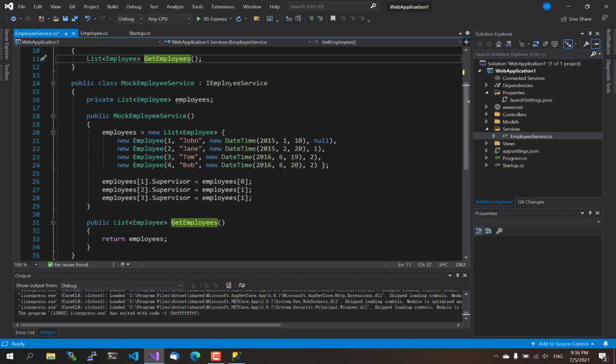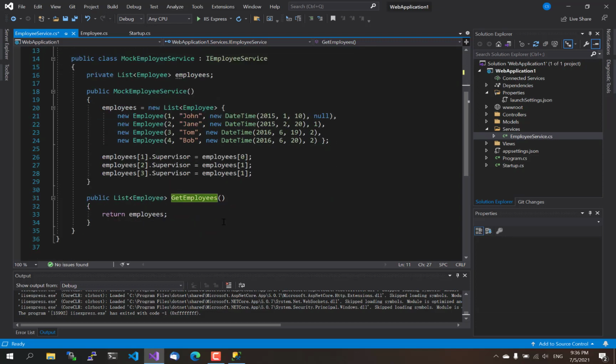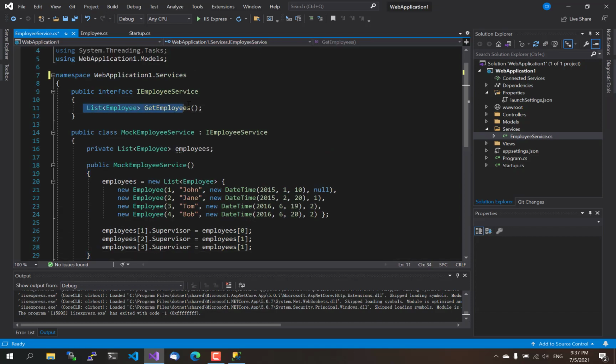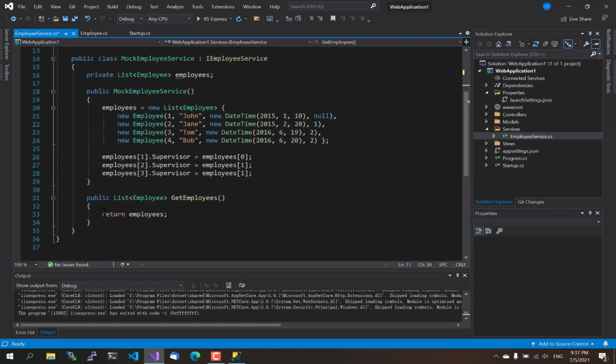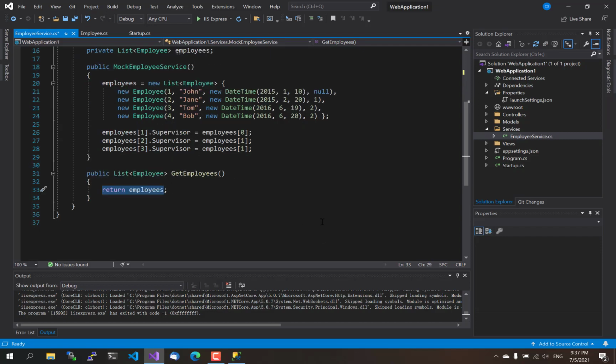And we have one implementation of this employee service interface, and this implementation uses an internal list, and we created 4 employee objects, John, Jane, Tom, and Bob, and put them in the list, and we also set John to be the supervisor of Jane, and Jane to be the supervisor of Tom and Bob. And using this implementation, when we try to get a number of employees, it simply returns the employee list itself. Okay,